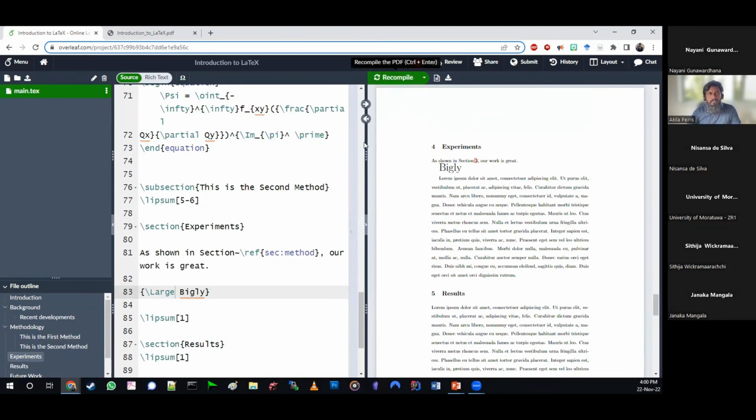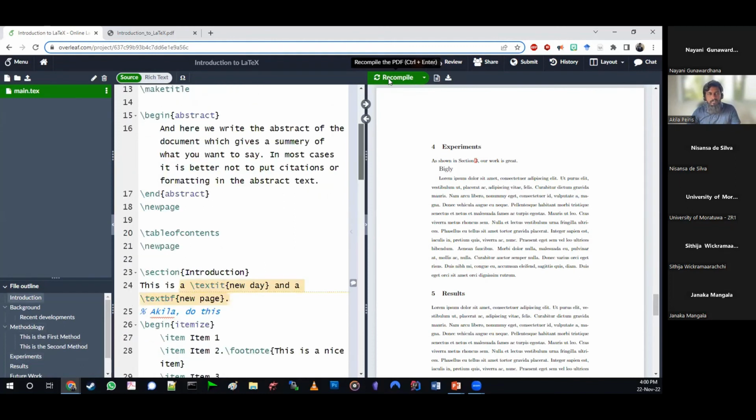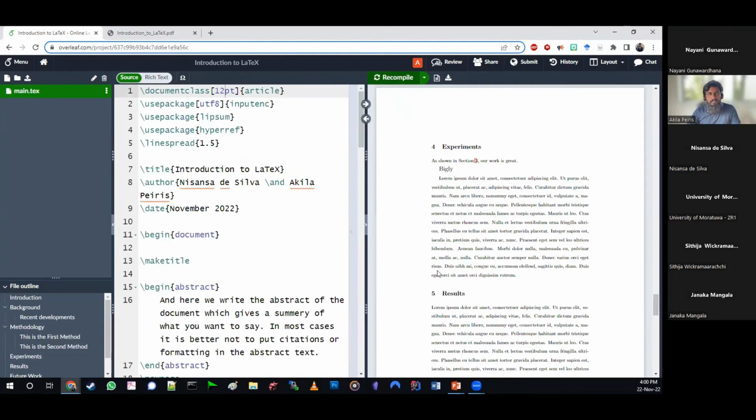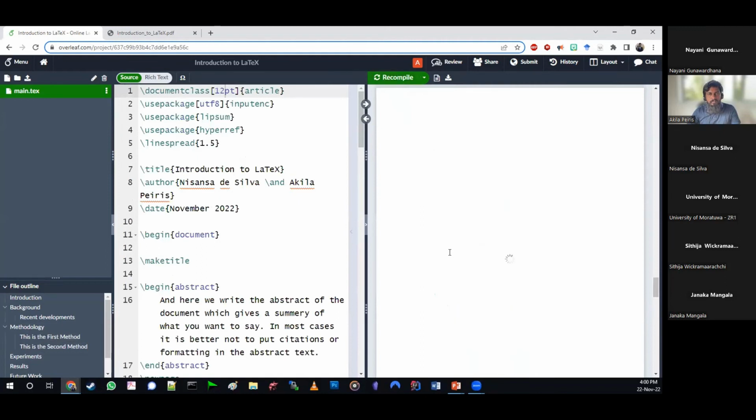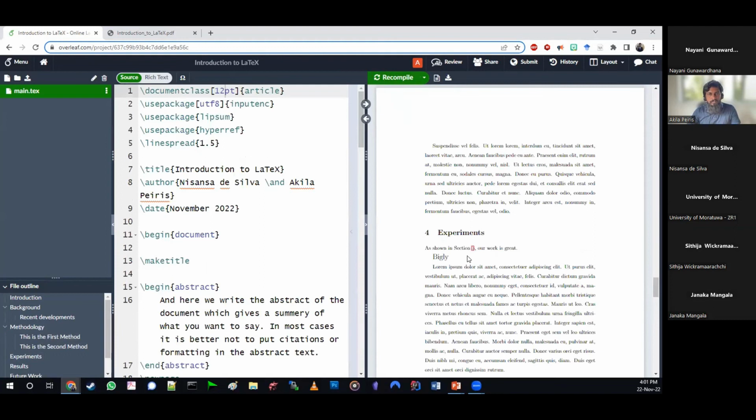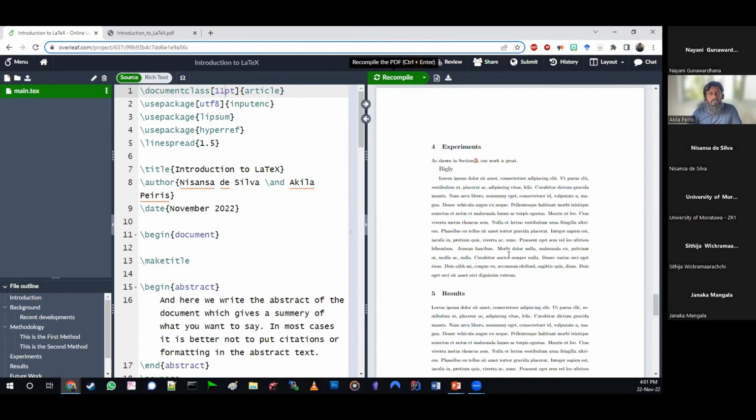And the other thing I wanted to show is when you change the font size, the relativeness stays the same. So when everything becomes larger, still this becomes larger. So unlike in Word where you have to say, okay, this is that size, this is this size, in LaTeX what you do is to declare something relative to the size of the body text. Then everything else is automatically done.